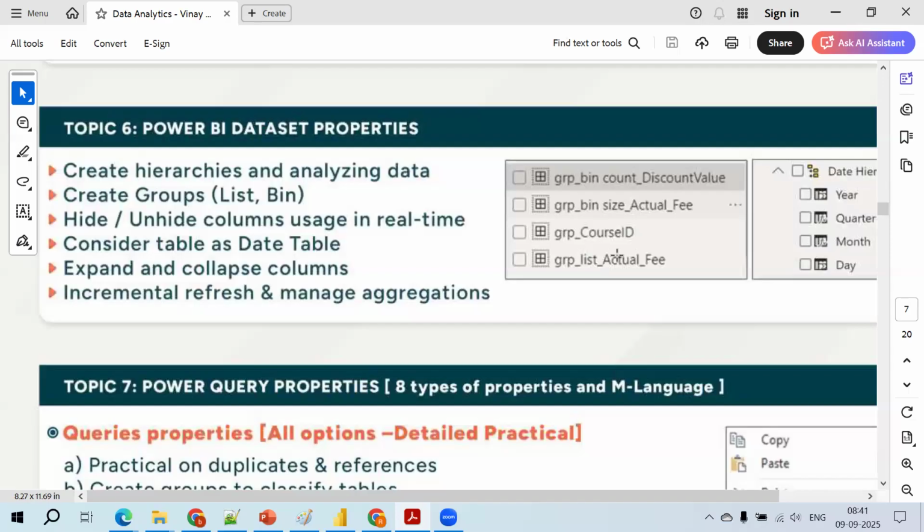So here, all are interrelated. In the same way, you can create hierarchies in the data section as well. Let me give you a quick example. Sir, being a business analyst, I want to analyze my business data year wise, quarter wise, month wise, week wise, day wise, hourly basis, minutely basis, and seconds basis.